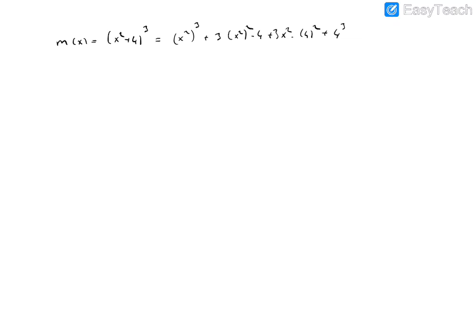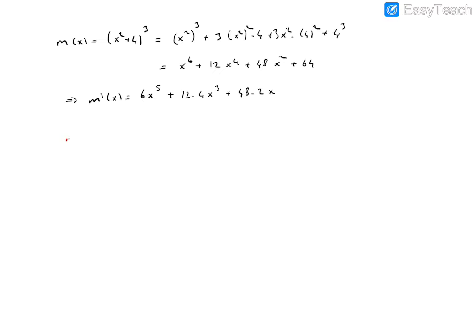So from here, this is x to the power 6 plus 12x to the power 4 plus 48x squared plus 64. Then easily you can say that the derivative of m of x equals 6x to the power 5 plus 12 times 4 times x cubed, plus 48 times 2 times x, and the derivative of 64 is 0. So that is correct. But in general, if the power of this function is bigger than 3, for example,